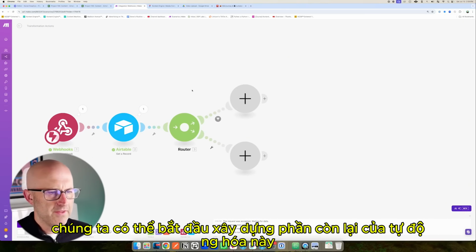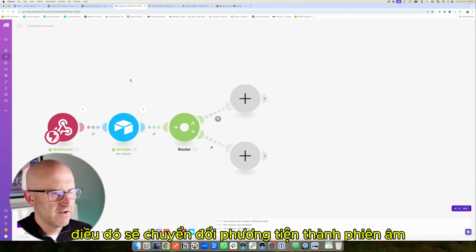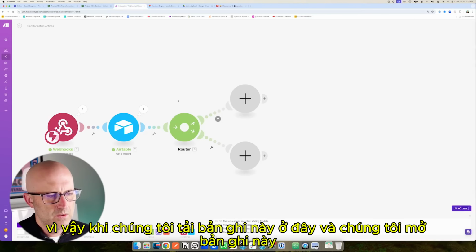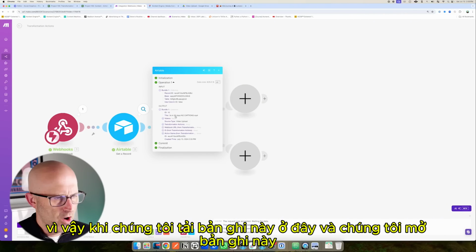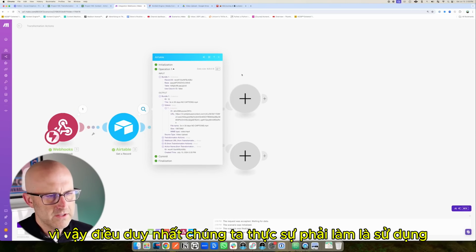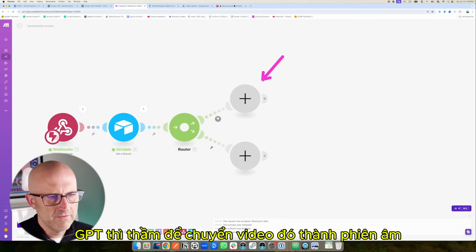Now we can start to build out the rest of this automation that is going to convert the media into a transcription. So what do we need to do next? When we load this record and open it up, we have the videos. So we have the video URL here. The only thing we should really have to do is use ChatGPT Whisper to convert that video into a